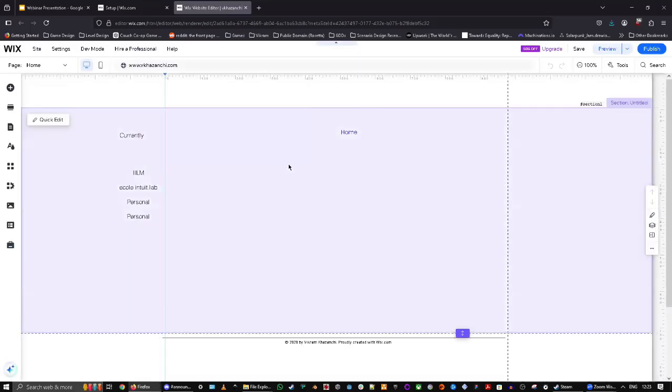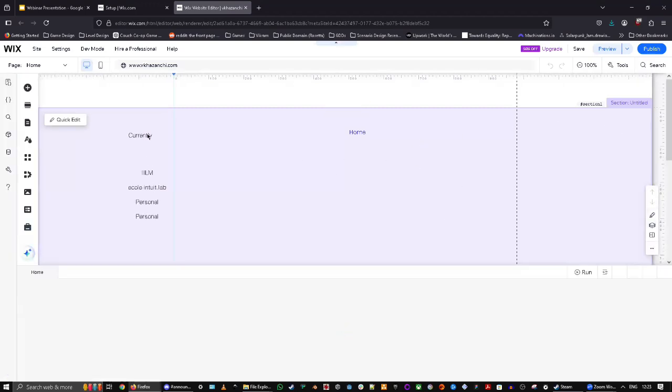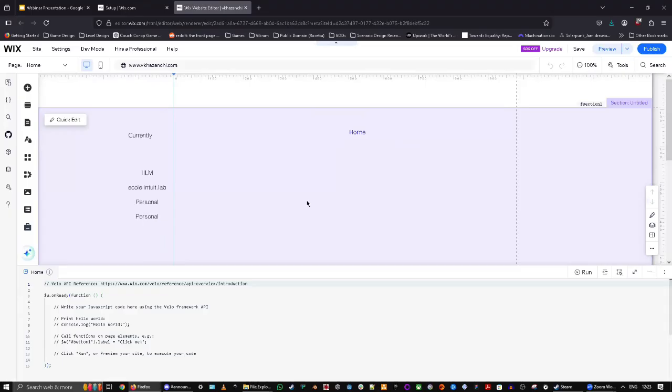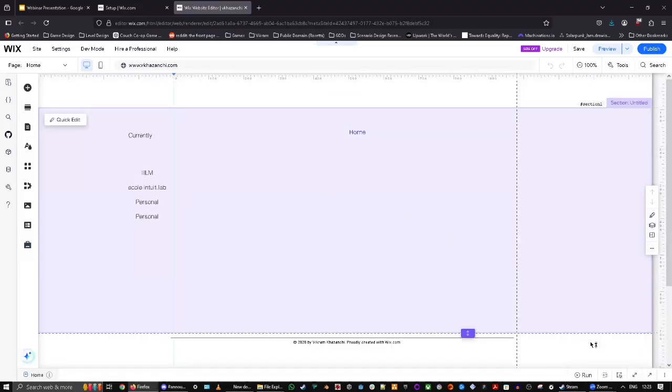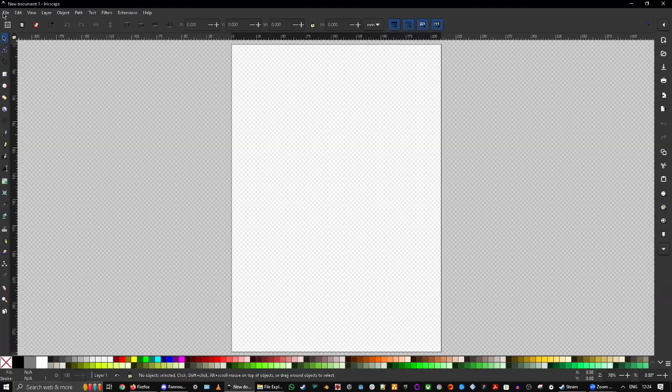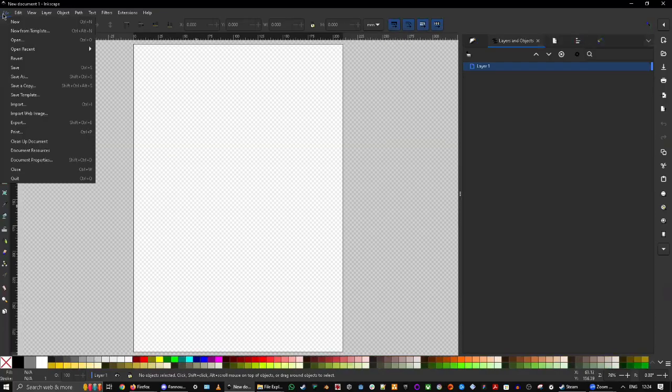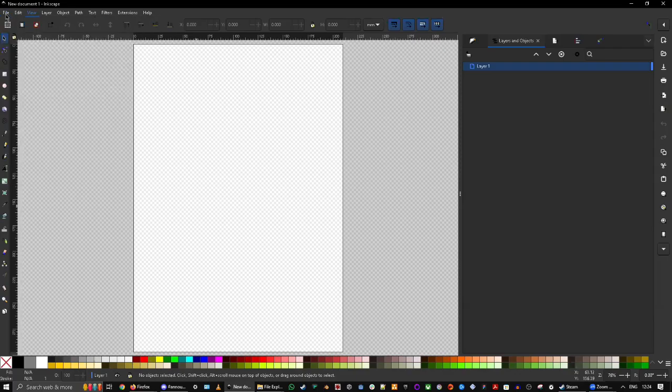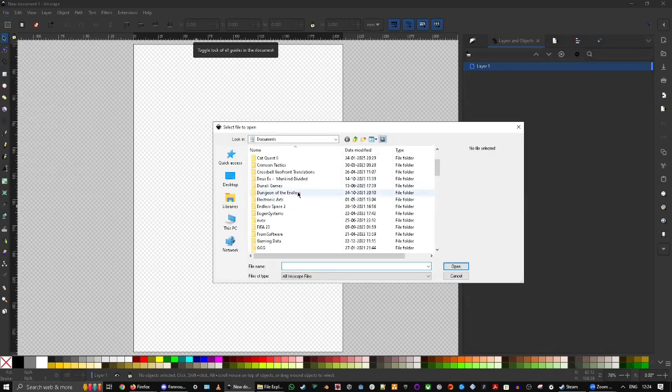So I've just started rebuilding my portfolio from scratch. There's nothing much you can see, but you can see I have a basic layout on the left. I want to keep my portfolio very simple. I want to keep it very straightforward, and I'll give you a rough idea of where I have been designing. So this is a tool called Inkscape. It's an open source vector editor. And I am trying to find, give me a second. Where did I put it?